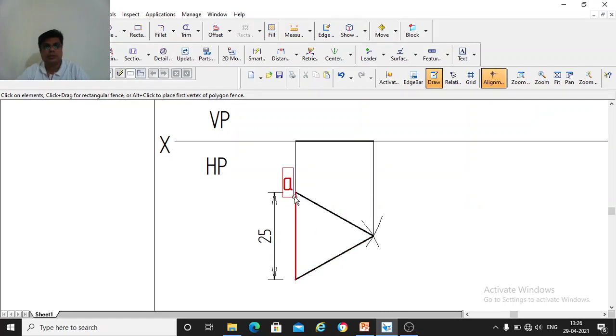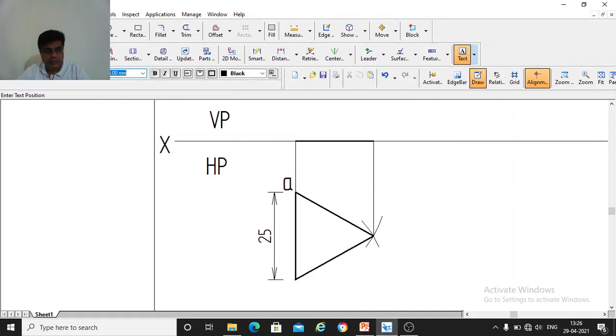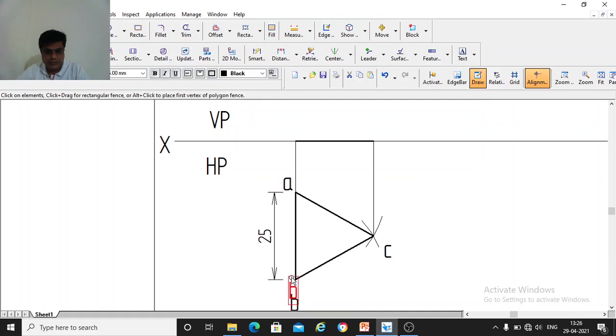So this corner is a. Similarly, this corner is B. Write using your HP pencil, you write here small b. So this will be c. Okay, and write it neatly, so that you can see it very easily, neatly and legibly.